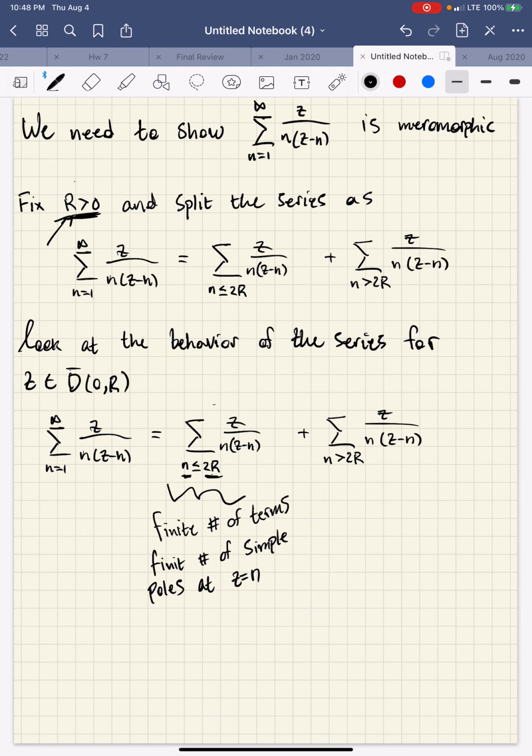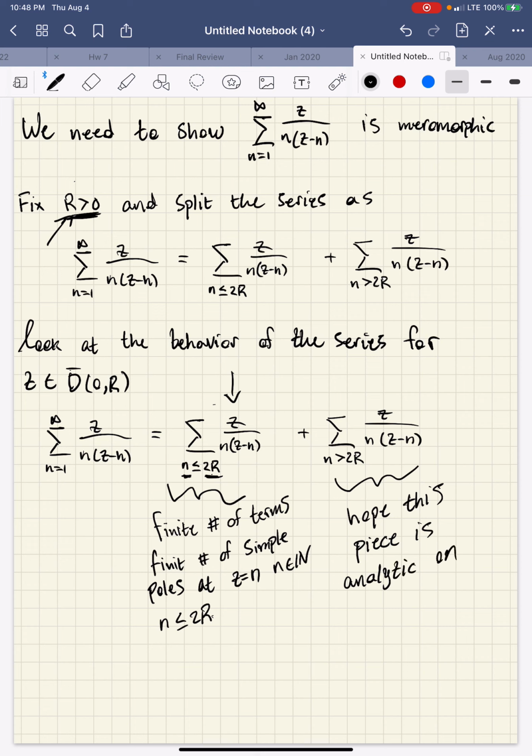for n in the natural numbers and n less than or equal to 2r. That's exactly what's going on here. So this piece behaves exactly how we'd like it to. It assigns singularities at each n in the natural numbers, it gives us the correct residue, and all these singularities are poles. So what we're hoping now is that this piece is analytic on the closed disk,